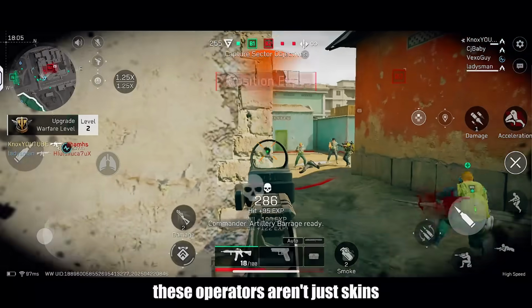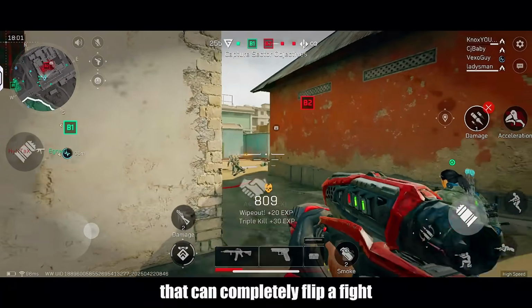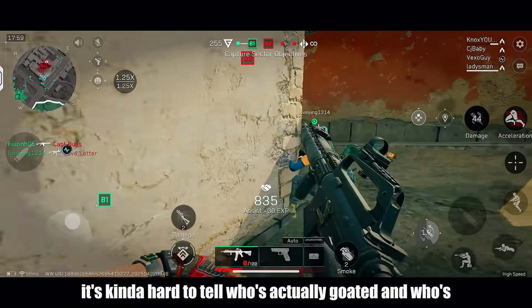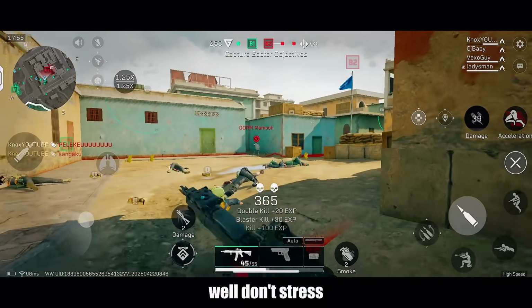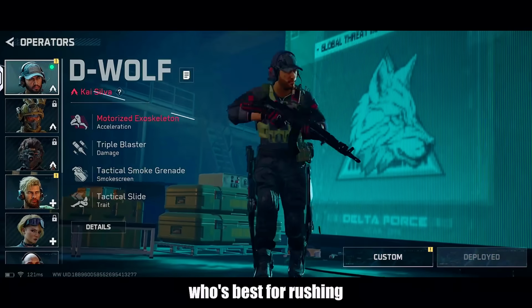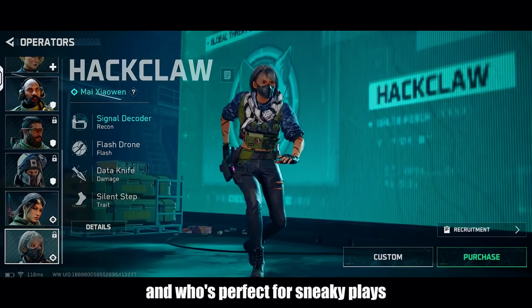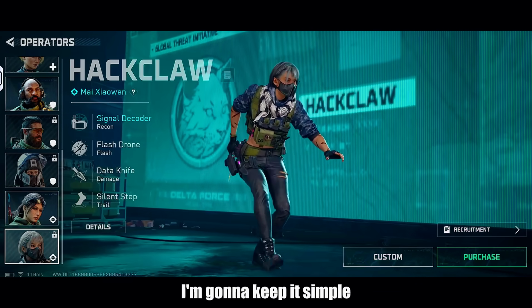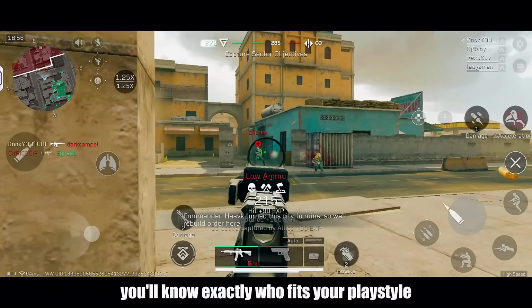These operators aren't just skins, each one has a unique ability that can completely flip a fight. The only problem, it's kinda hard to tell who's actually goated and who's not all that. Well, don't stress, in this video I'm breaking down every single operator, who's best for rushing, who shines in support, who brings the tactics and who's perfect for sneaky plays. I'm gonna keep it simple, 4 classes, 10 operators, and by the end of this you'll know exactly who fits